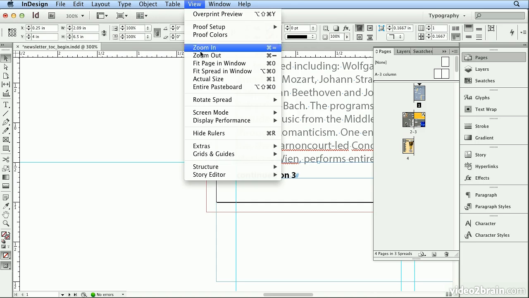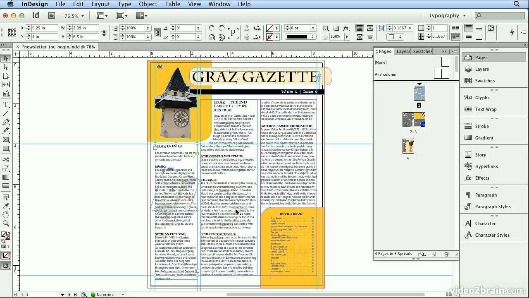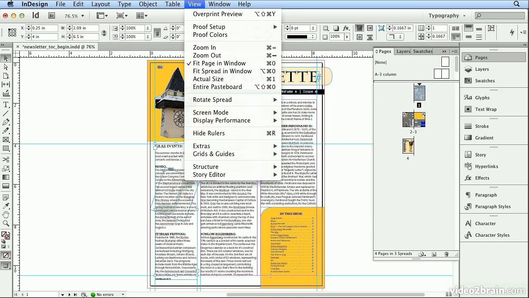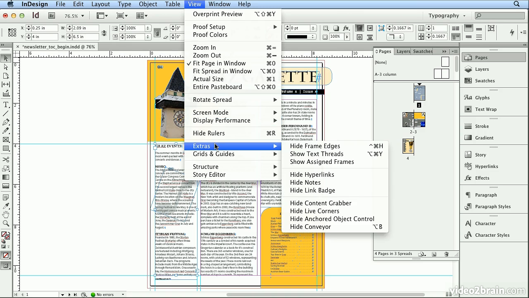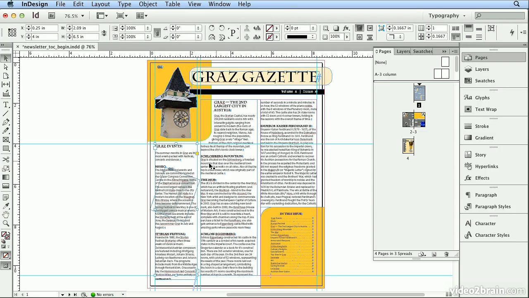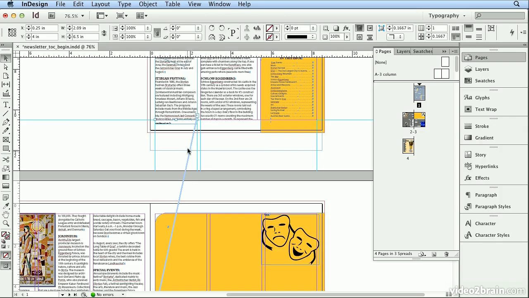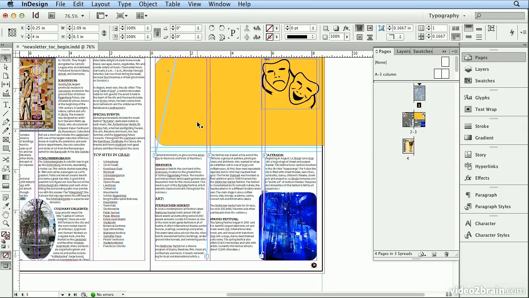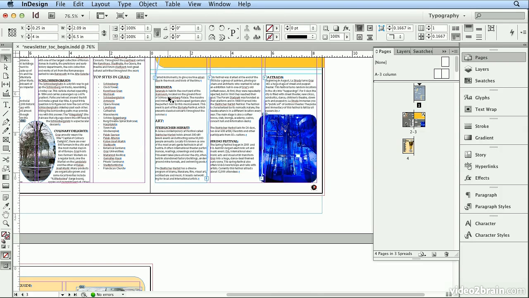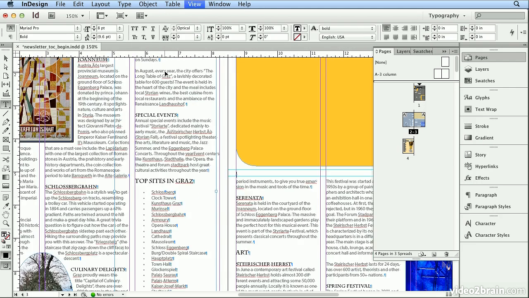If I go to View, Fit Page in Window, I can't see the thread or where the output is linking the text. So I'll choose View, Extras, Show Text Threads. And here I could just wheel down with my mouse and see that the output is going all the way to the top of this box on page 3. And when I get here, I'm going to double click just above that box and zoom in with Command plus